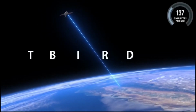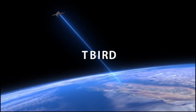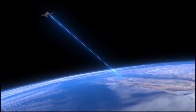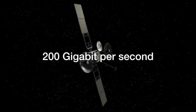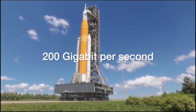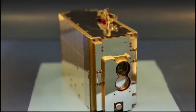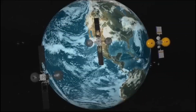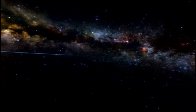Now comes Terabyte Infrared Delivery, TBIRD. The TBIRD payload is part of the Pathfinder Technology Demonstrator 3 mission. TBIRD showcased 200 gigabit per second data downlinks during its operational period, the highest optical rate ever achieved by NASA. The tissue box-sized TBIRD satellite has paved the way for future deep space missions that can transmit large amounts of